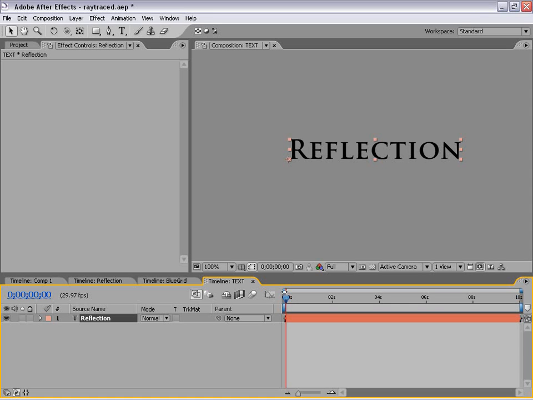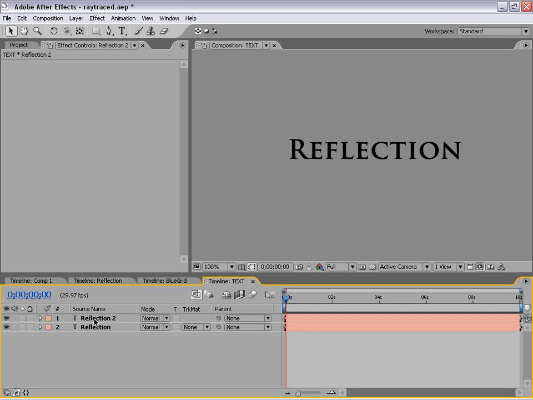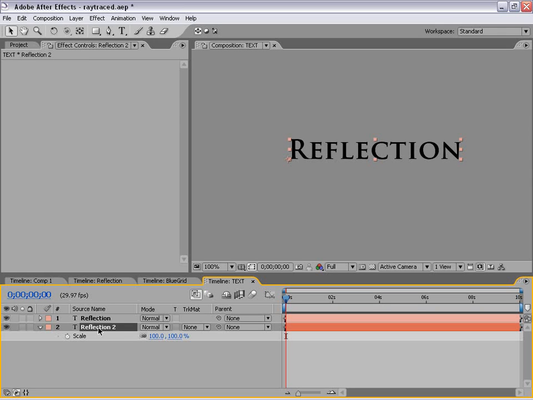We are actually going to be generating the reflections, and they're going to be looking like a real reflection. So that's kind of the catch. But here's what we're going to do: we're going to duplicate this layer. So we're going to choose Edit, Duplicate, and we'll move it down below,